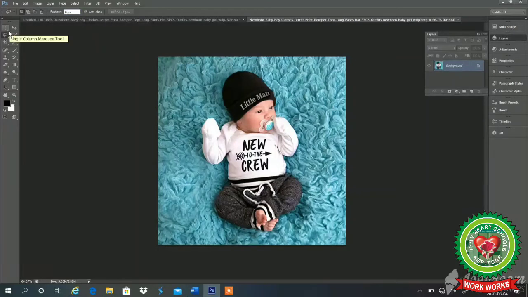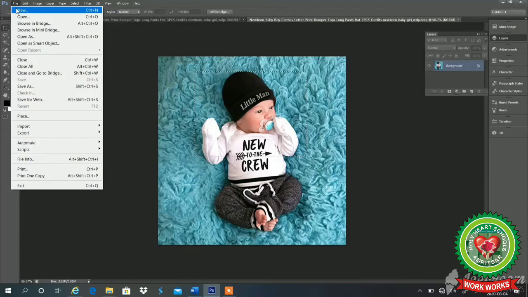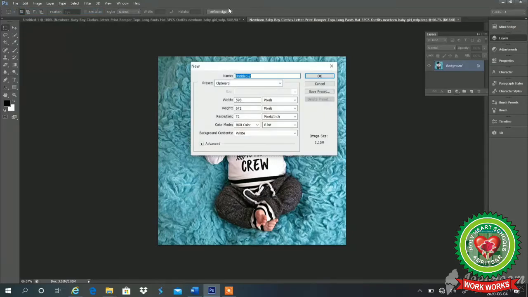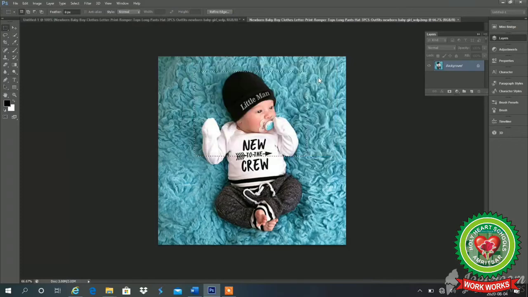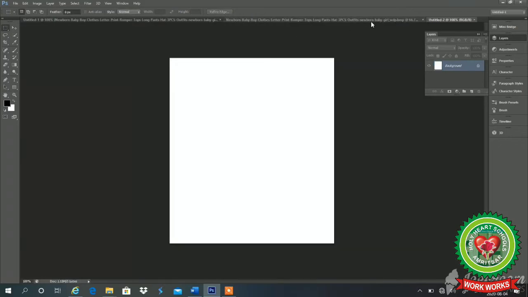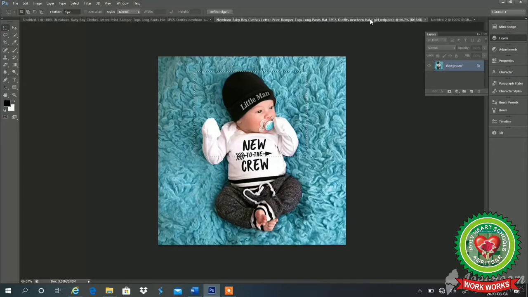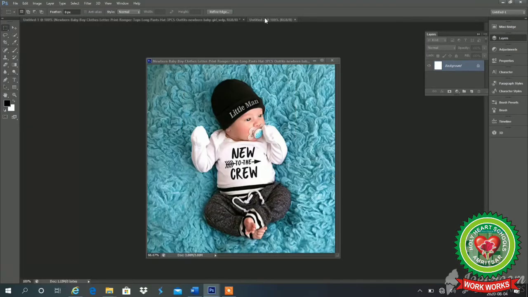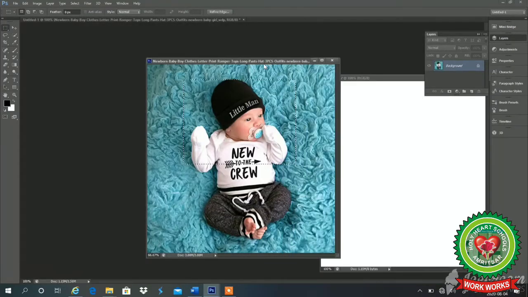Now see, when I use this marquee tool with the rectangular marquee, I select the part of the image. It smooths my edges. It makes them a little rounder when I choose this. Now I will open a new file so that I can place the part of the image on that. I'll click on OK. This will open, and I will open my untitled also by dragging from the title.